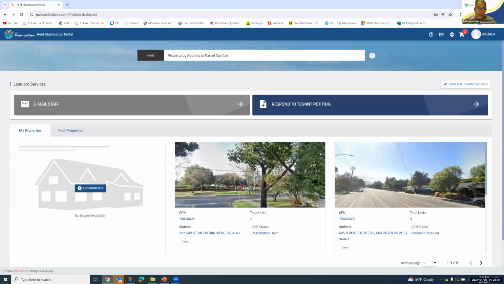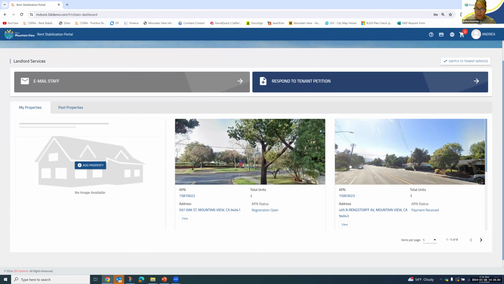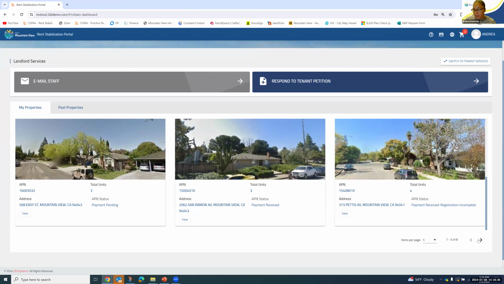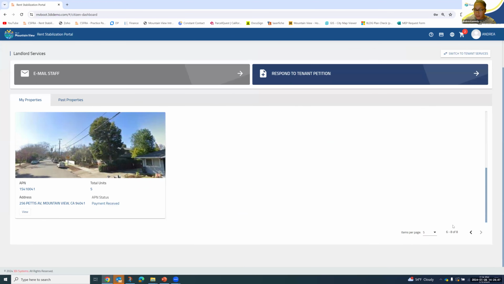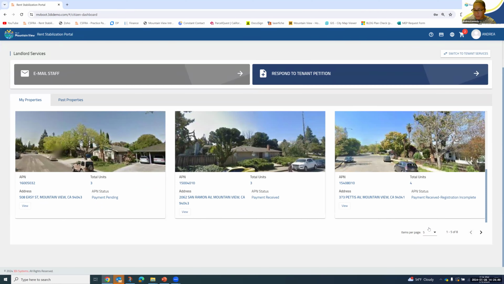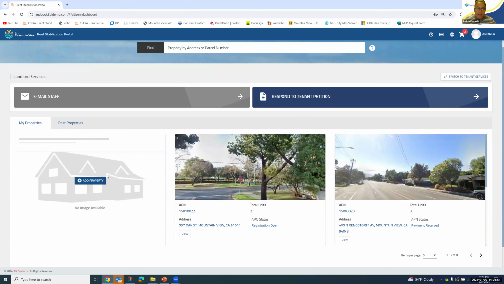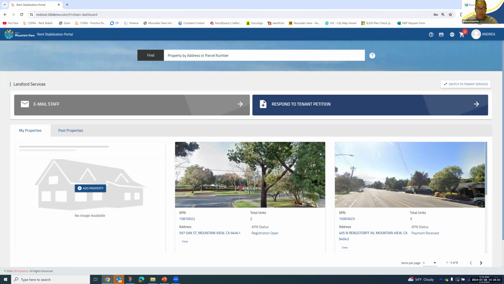All right, so I'll sign in. These are all my properties. So if you have a lot of properties, you can list them all here. But if you don't have any, it will just be blank. The only thing that will show is this one gray house here, and you can add property.